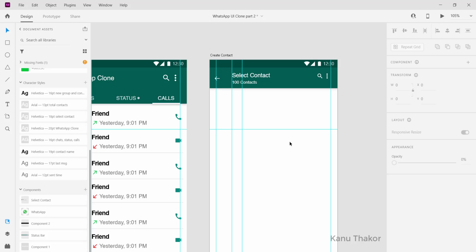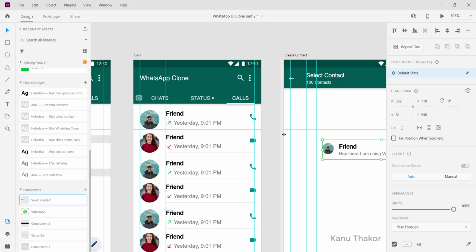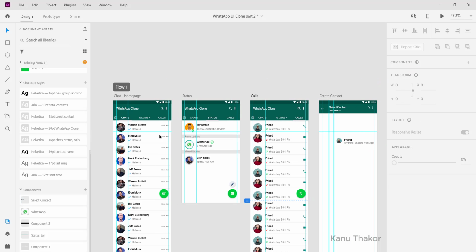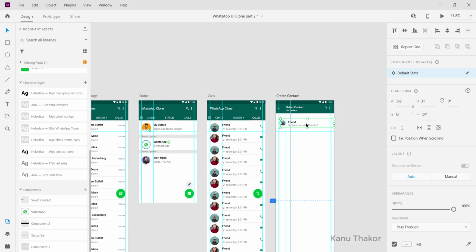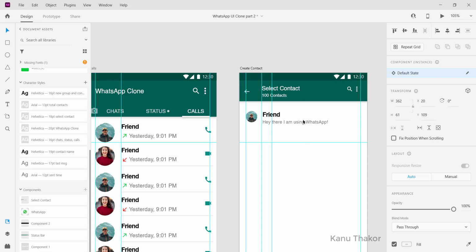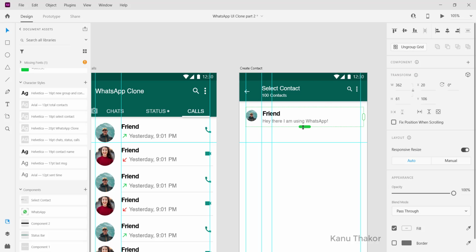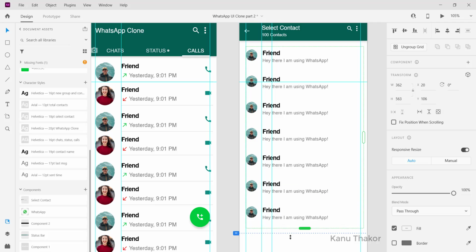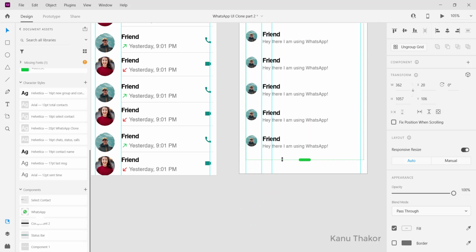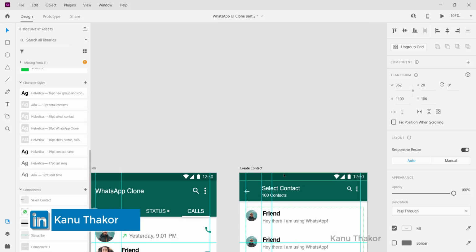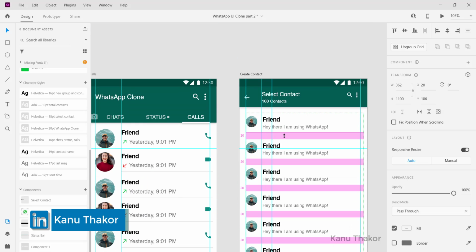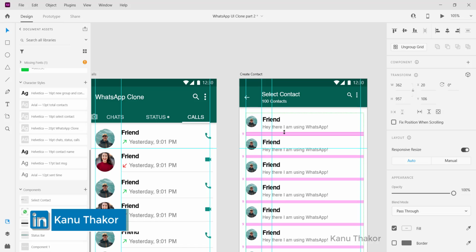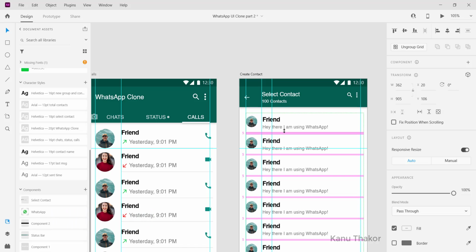For decreasing this time, I have made this component here, and you know how to do this because we have created it in this. It is the same as creating these chats here, then again making this calls history here. So I'm not repeating those things because you know how to do that, and I will place this component here. Now what we will do is use the repeat grid feature and repeat this grid as many times as we want here. So we are going to repeat it this many times, and then here we will decrease this spacing between them, and I'm going to make it 5.